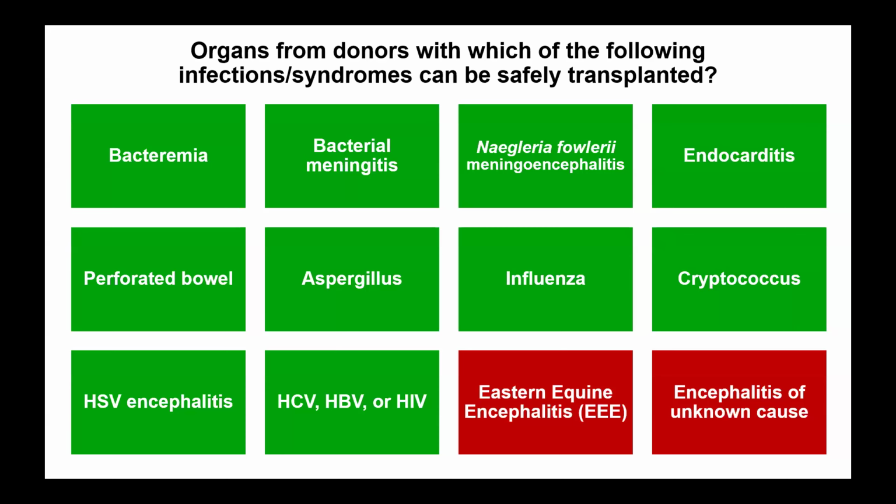But we know the difference in those cases is that the donor was not known to have crypto, and therefore the donor was not appropriately treated, and the recipients therefore could not be put on antifungal treatment in an effort to prevent transmission or at least minimize the severity of infection in the recipient. And yet still, even when our recipients unknowingly develop donor-derived crypto, let's say a few days to often weeks post-transplant, often a large proportion of those patients still do well and have good outcomes. And so what can we do about it when we think about donors that are known to have crypto? And can we think about this? And so that can be applied to many of these other boxes here on this slide.